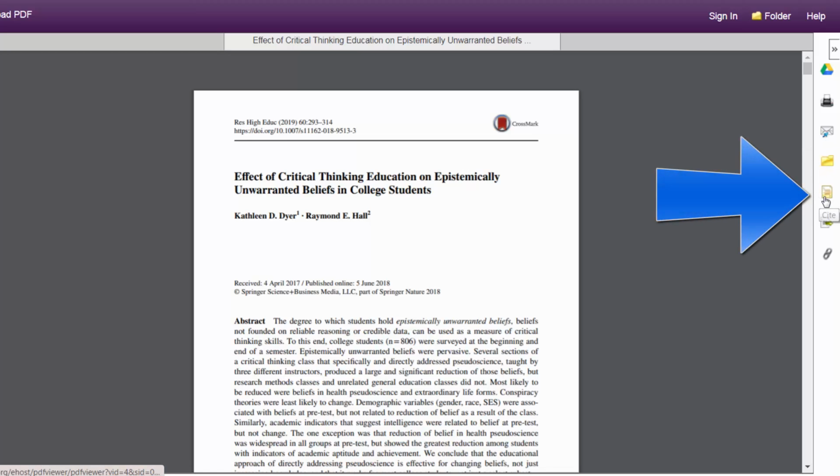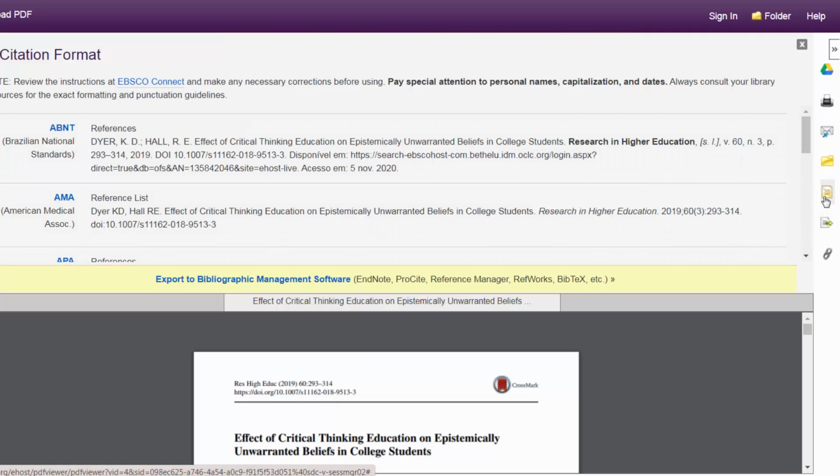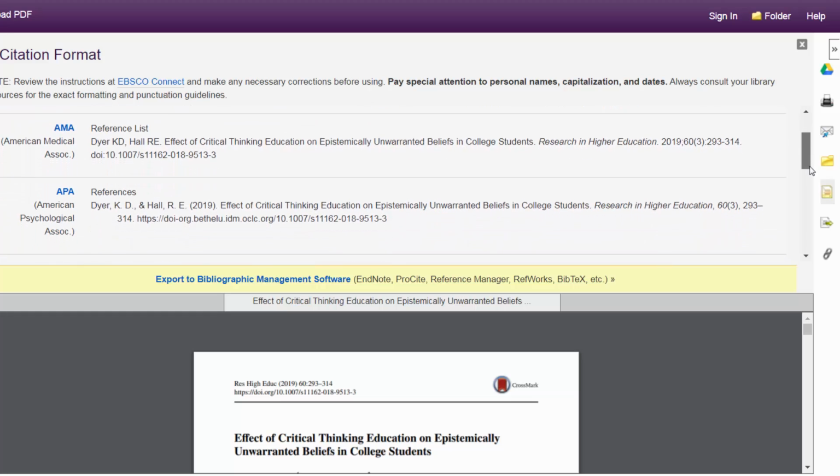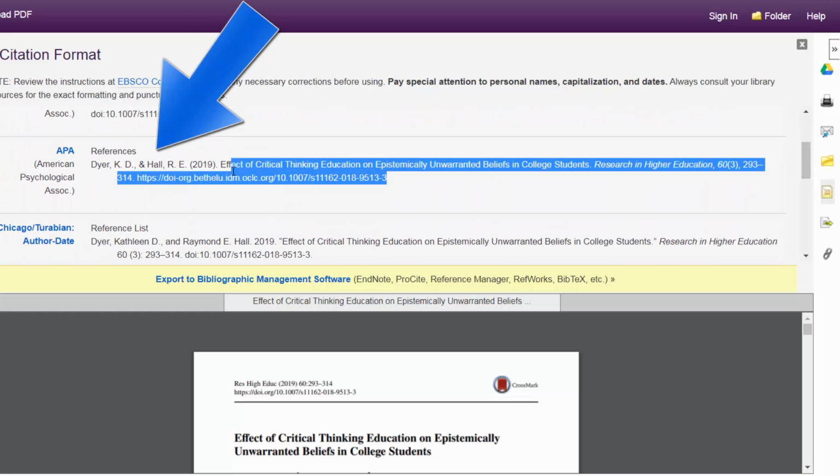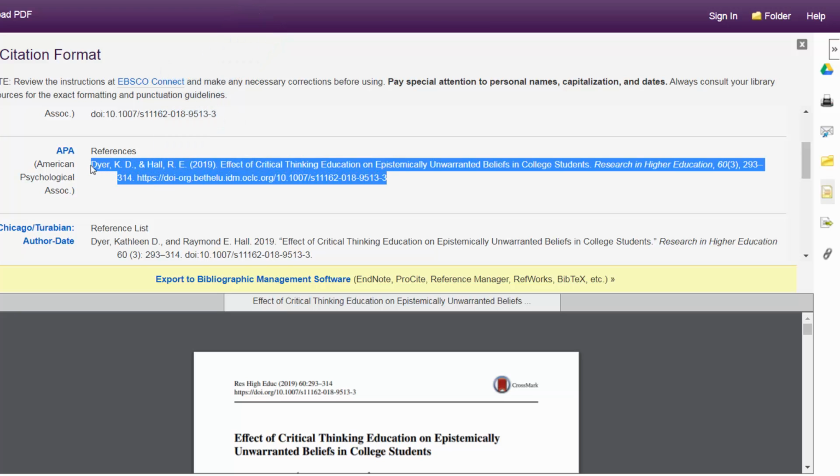So in EBSCO, you can click on this little yellow piece of paper. It says Cite, and it will show you all the different ways of citing it. So once again, we always want APA. You might have to scroll down a little bit, but you can do that. And then you would copy this big, long reference right there,